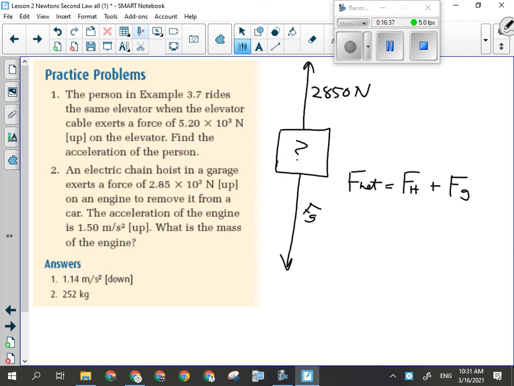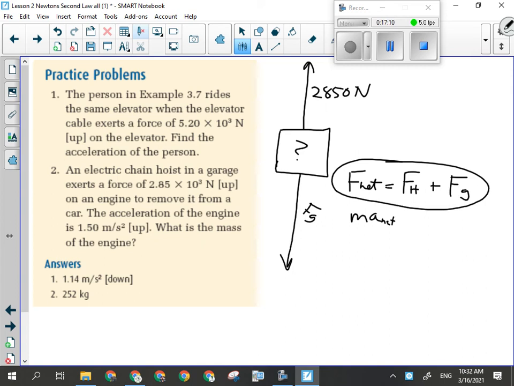The other way to calculate F net is this: mass times acceleration. And if you remember, I said you can calculate any individual force by multiplying the mass by the acceleration that force would produce. So that's what I want to do next: rewrite this force formula as a mass and acceleration formula. I'm going to write mass times acceleration, and I'm going to say net here